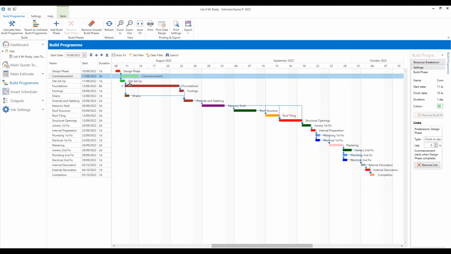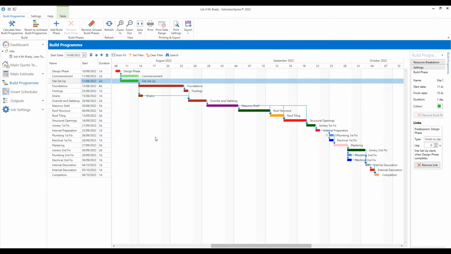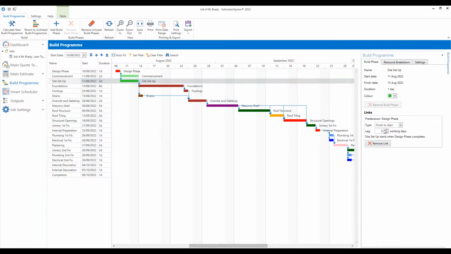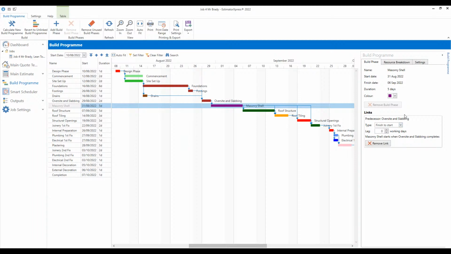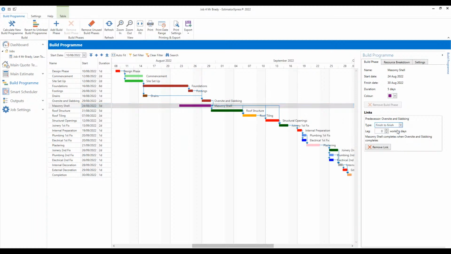Commencement, we could put a little bit of extra time on that. Site setup, again, we can put a little bit of extra time on that. And you'll also see you can build in lag. So if you want to put an extra day or two of lag based on the previous activity, you can do, especially with the masonry shell, and you can change that to a finish section. So for those that use project management Gantt chart software, you've got one built into this,